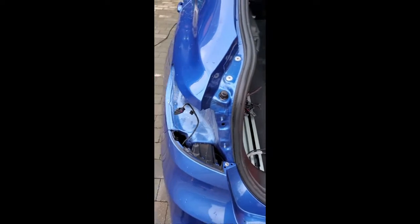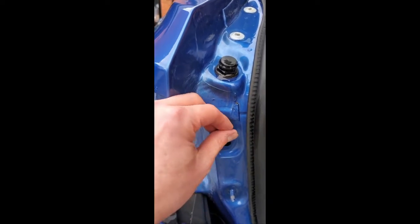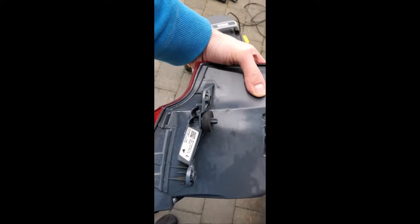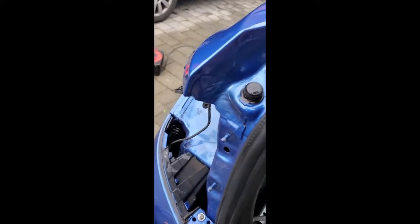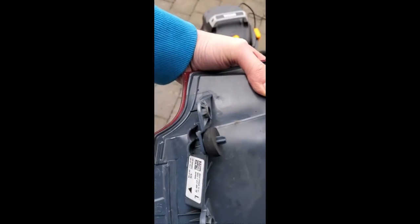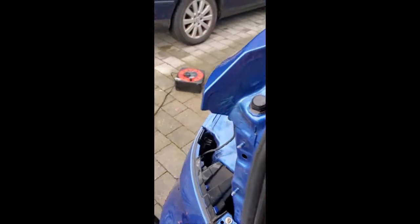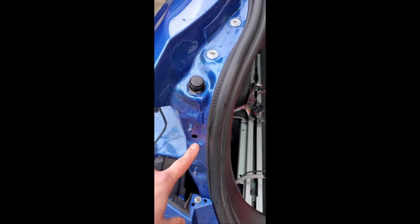And I couldn't think where it was coming from. When you take the back light off, you actually have this hole here, so it screws into there and there, and then there's like a little plastic nubbin bit there with this bit of sponge, and that bit of sponge goes into the hole, but the sponge is waterproof. So we've then poured water into that hole and down here into the drainage channel, and as soon as it goes in that hole, it comes all the way down into here